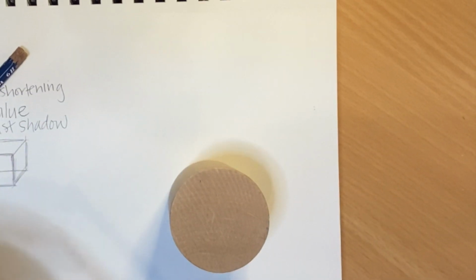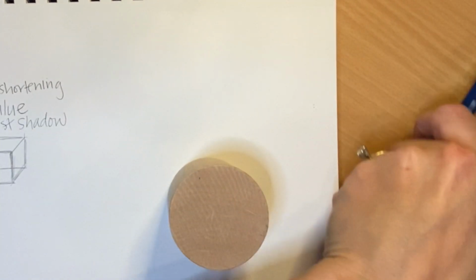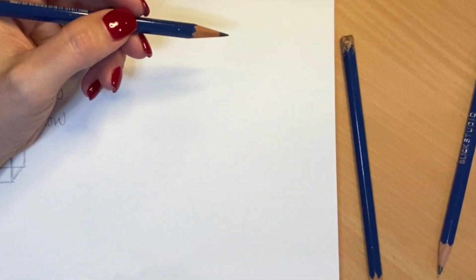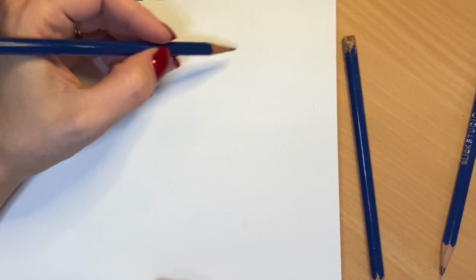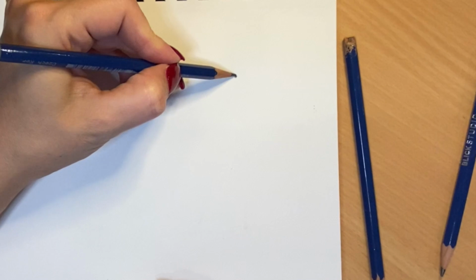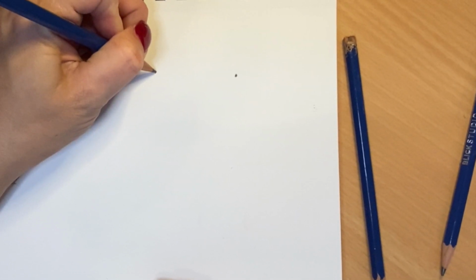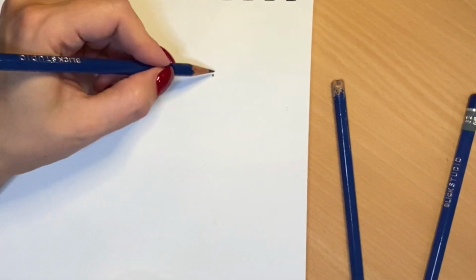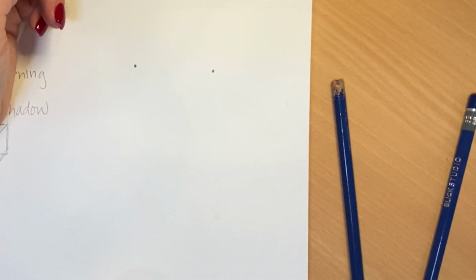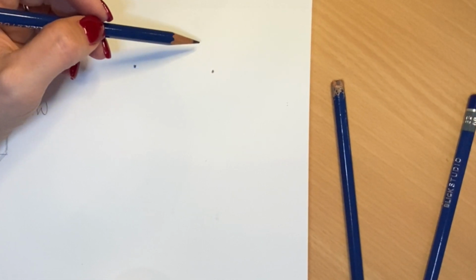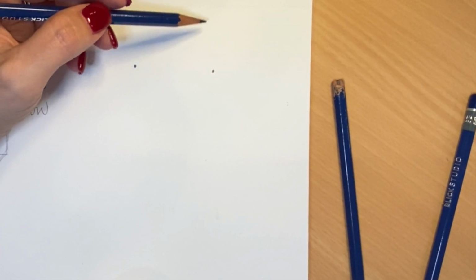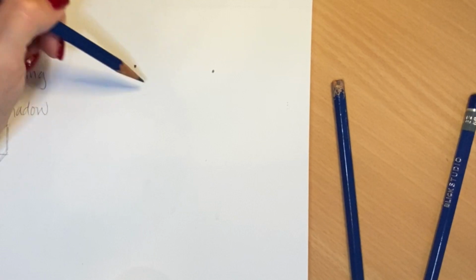So to start our drawing, we're going to work just like we did on the previous drawing. When we're drawing our cylinder, we are going to start with 2 dots, and they are going to be parallel to one another. I'm drawing mine darker, remember, because it is more difficult to see pencil on paper. And then with those 2 dots, the first thing I'm going to do is create that curved